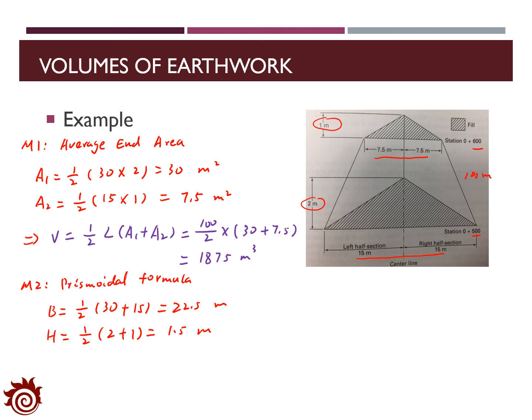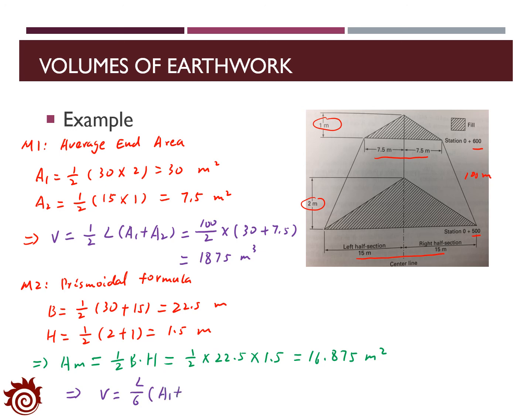Then we can estimate the cross-section area in the middle point as half of B times H, that is half of 22.5 times 1.5, which is 16.875 square meters. We can then directly apply the prismoidal formula to find out the volume as L over 6 times A1 plus 4 AM plus A2,